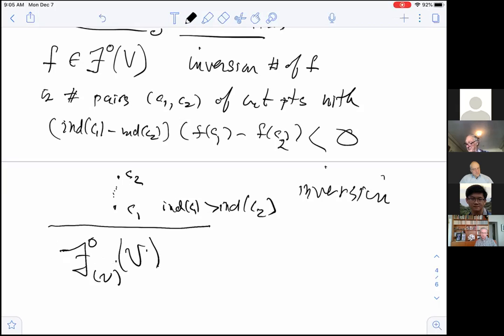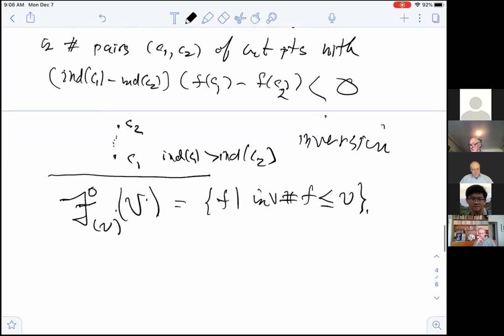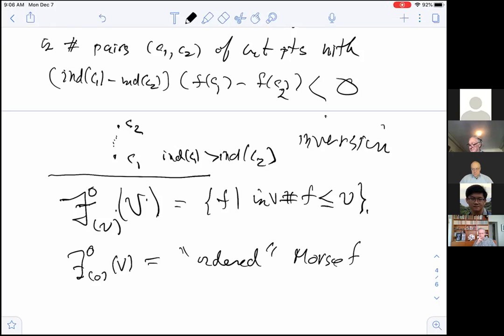So these are Morse functions f such that the inversion number of f is less than or equal to nu. So we have increasing sets of the space of excellent Morse functions, allowing more and more inversions. So f naught of v would be what we'll call ordered excellent Morse functions,